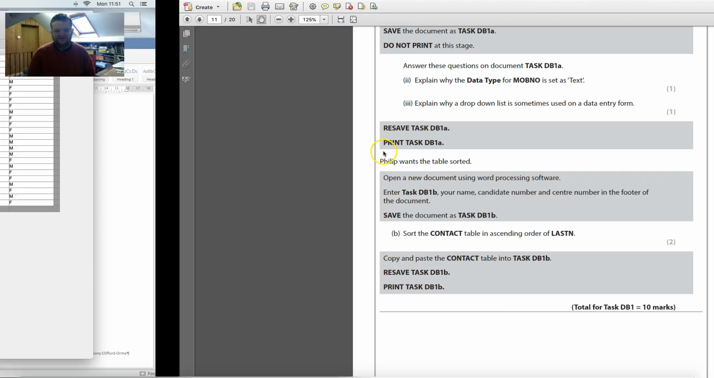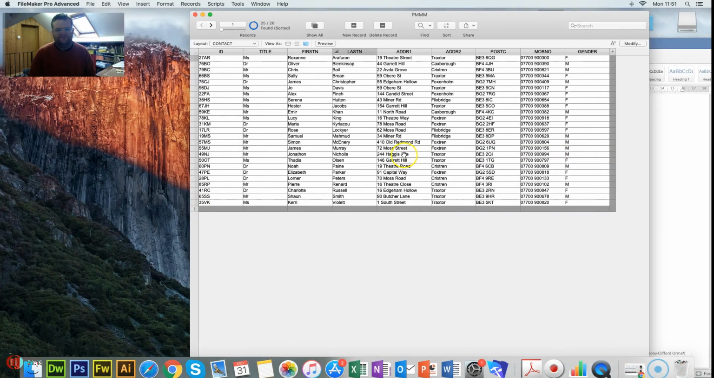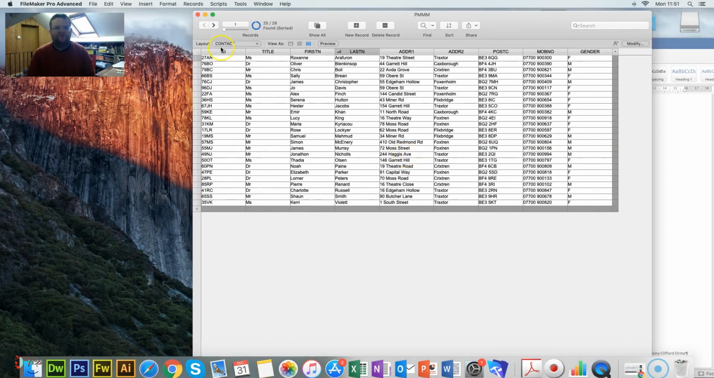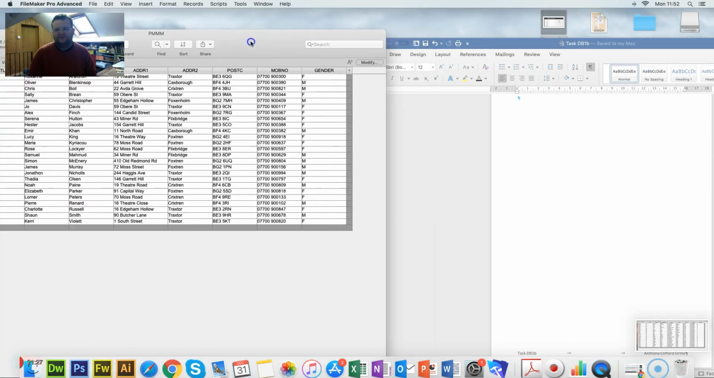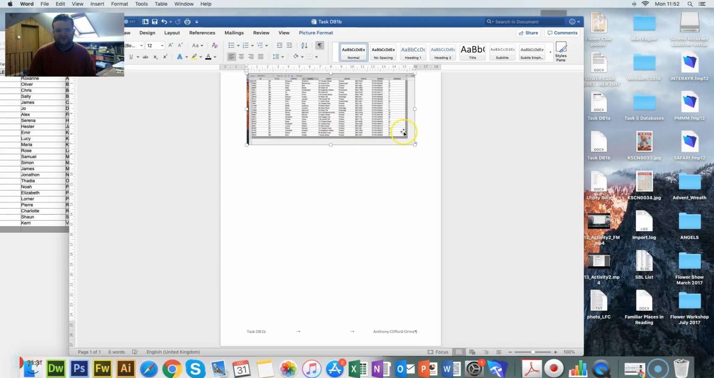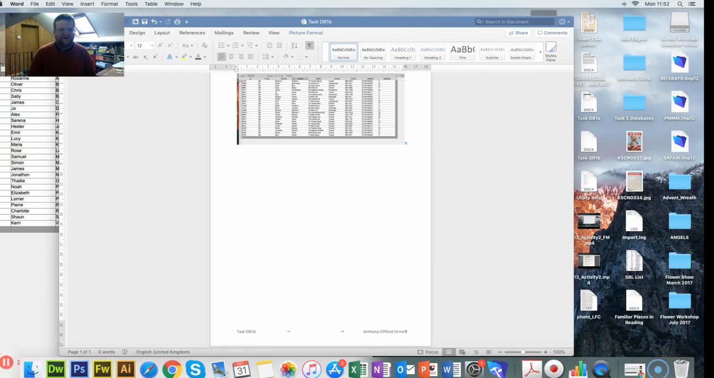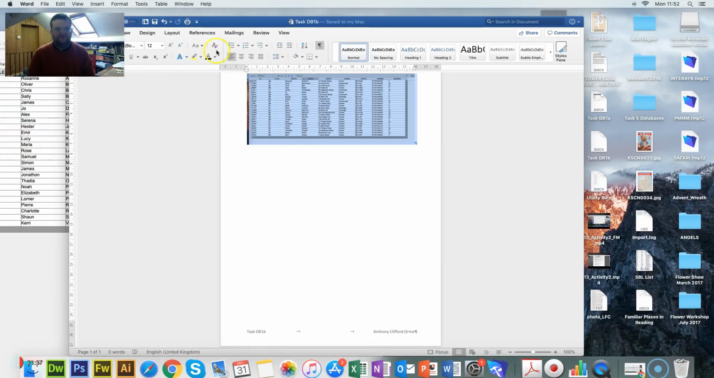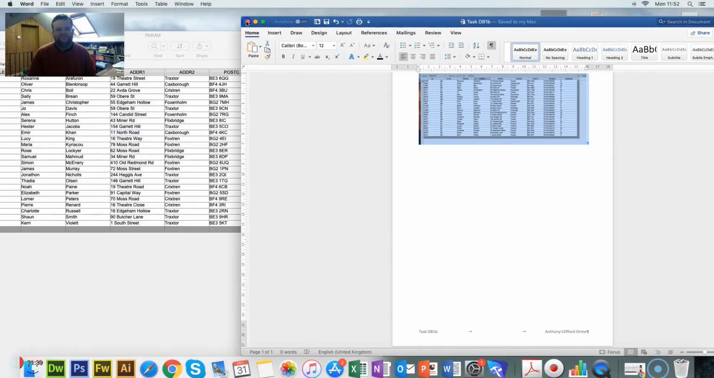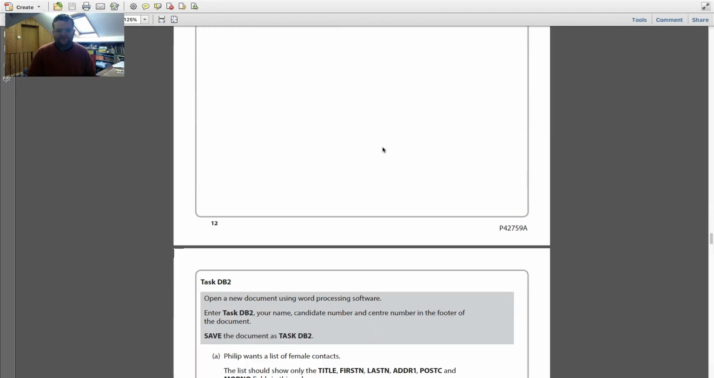And it says copy and paste contact table into task db1b. So shift command 4 and select it and then just drag it into here like so. And then that should fit. And then save and print. So you just go Command S, Command P. Okay. Going further down,